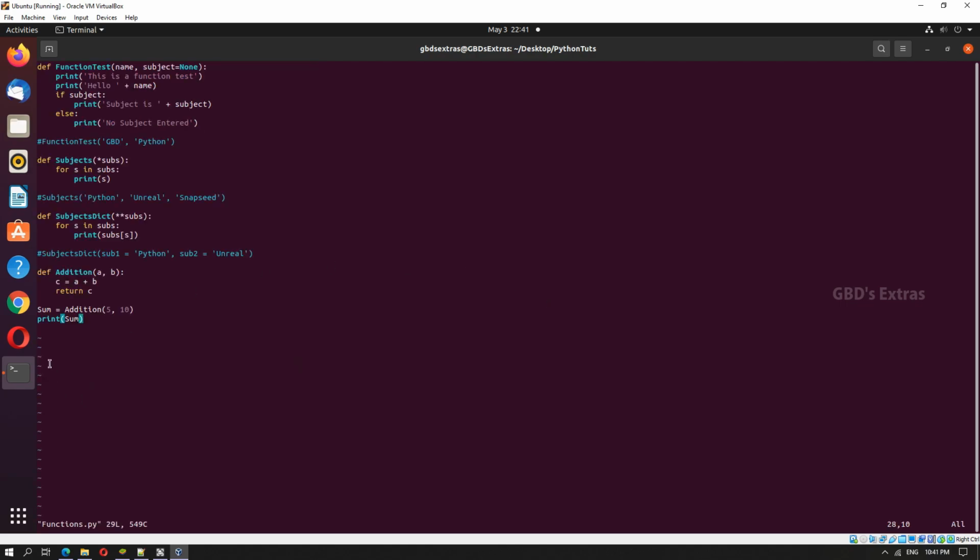So what we have done here is we have called the function and passed two parameters, and the two parameters are received in the function. An addition operation is performed here, and the total value which is stored in c is returned as part of this function, and the return value gets stored in sum, and it's printed here.